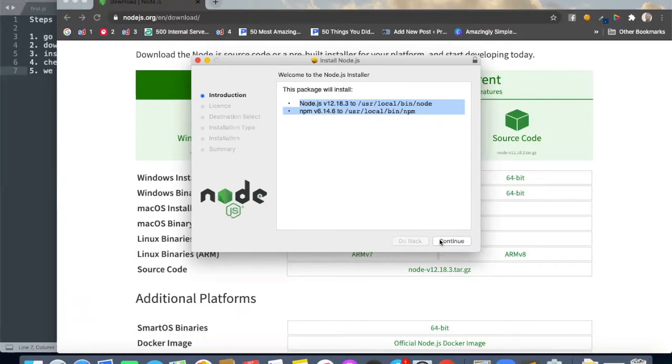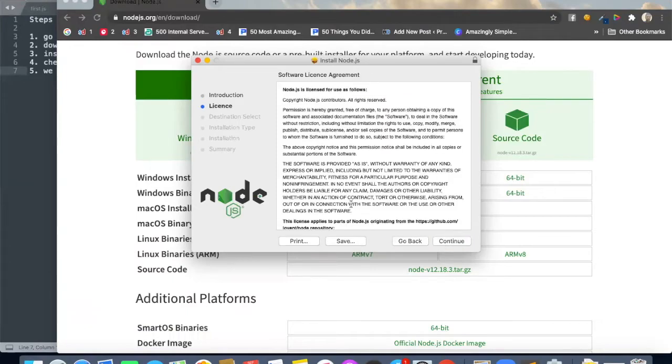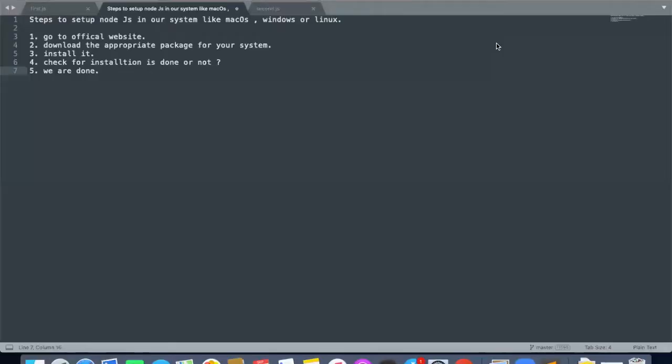So guys, it is being installed, right? I need to click on continue. I hope you people can do this very clearly. I don't find any doubt in this, guys. Just click on the continue and the next buttons. You will get the installation done on your computer, right? So guys, after doing the installation, you will be done with this.